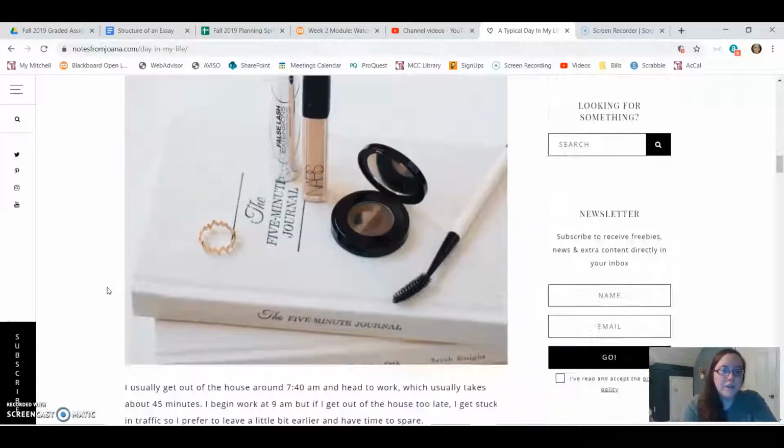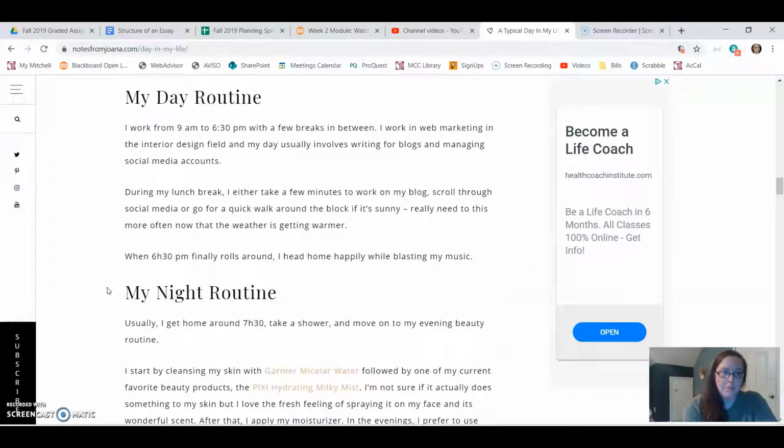And so she kind of goes through sort of this, I do this, it's very quick, it reads very fast, and it's very, as someone in my face-to-face class said, very choppy. It's kind of all over the place, and that's how it feels. And it's because she doesn't have an introduction, she doesn't have a conclusion, and she doesn't have a focal point for her body paragraphs. And in some cases, her paragraphs are just one sentence. So this is too, I like that phrase, all over the place, for the type of essay that I'm looking for. It's a great start.